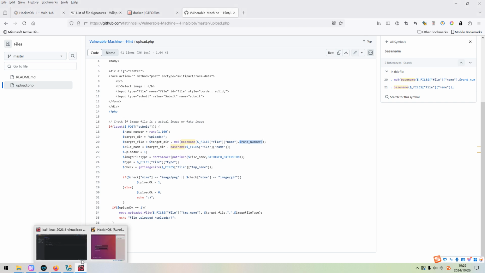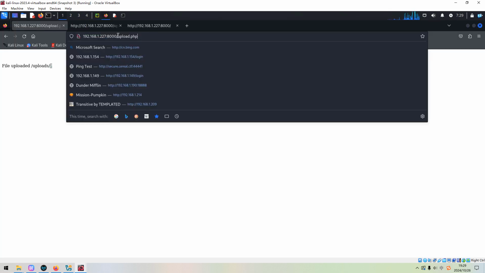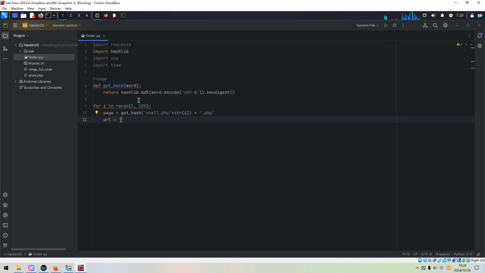Okay, so now I think it's correct, right? And also we need to put the extension. Then the URL should be, and we can copy from the browser, uploads, and the page.